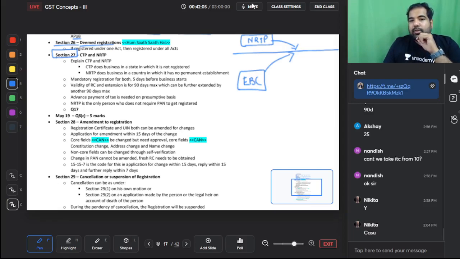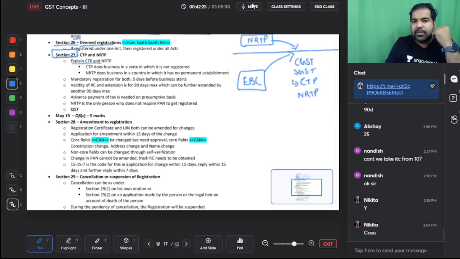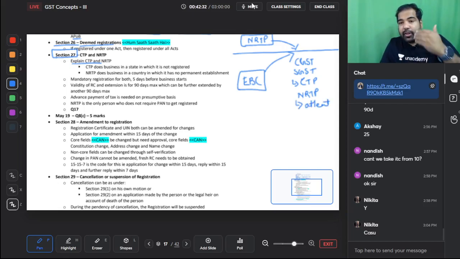In that exhibition, when they go and they sell, there will be CGST and there will be SGST, which is Delhi state. But Delhi says, what if you guys run away? And hence, as a casual taxable person and as a non-resident taxable person, you need to be compulsory registered. That we've already seen in compulsory registration. You need to be compulsory registered, but you need to be registered at least 5 days in advance. Guys, generally you have 30 days after you're liable to register. Here you have to register at least 5 days before.